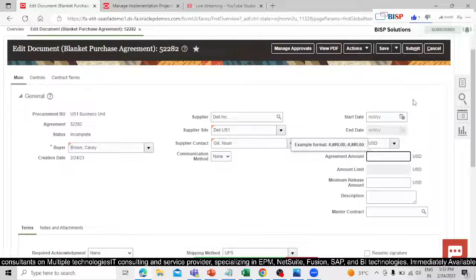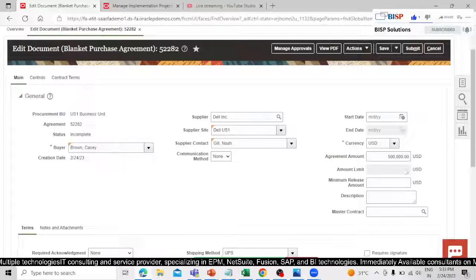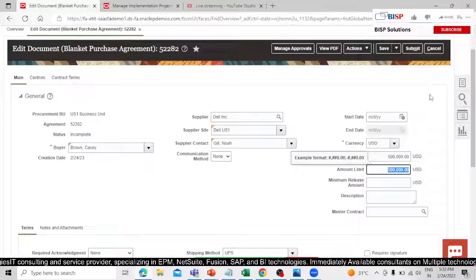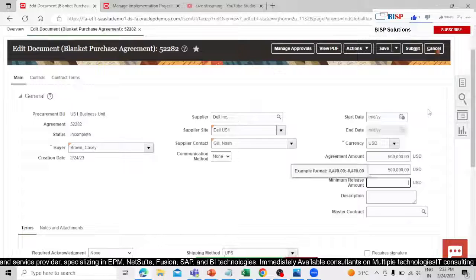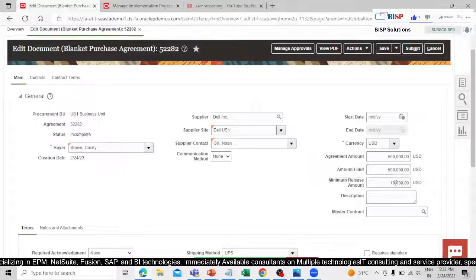Suppose 5 lakh is the agreement amount. And what is the amount limit? You can set it over here. You can set the minimum amount limit, like 1,000, or 10,000 is the minimum amount we have to purchase. So we can define the amount limit and description over here, right? And